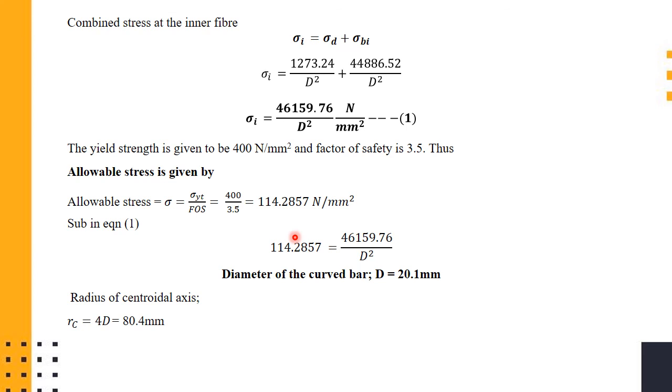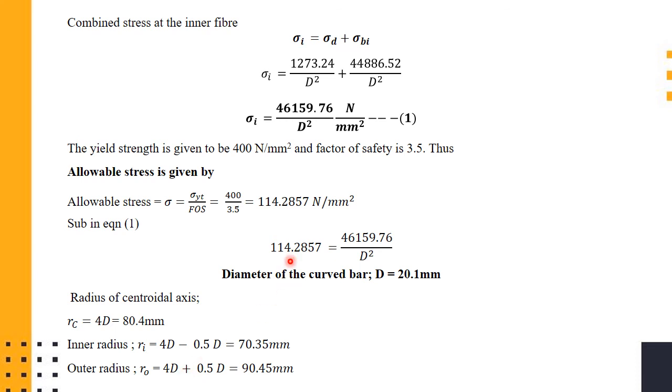Once you get the d value, you can calculate everything else: the radius of the centroidal axis, 4d, can be calculated, and the inner radius ri, that is 4d minus 0.5d, can be calculated, and the outer radius can be calculated. These are the major dimensions of the curved bar that you need to calculate here. So this is how you calculate the diameter of